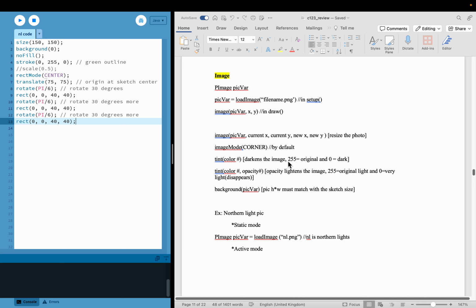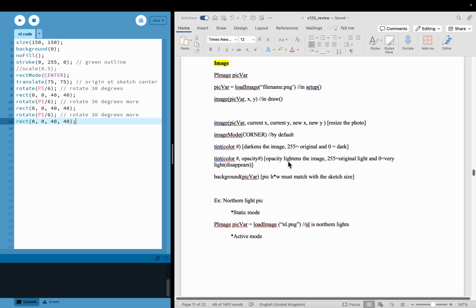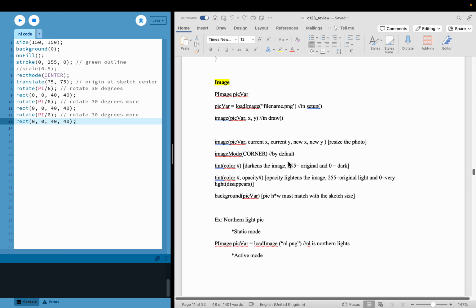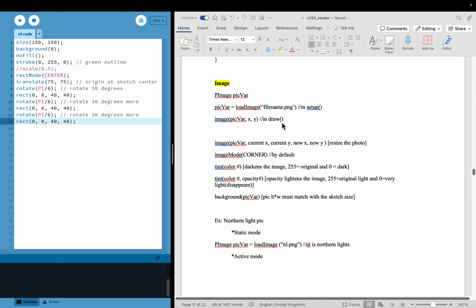Next, we have the image options. We can use any desired image and apply a few Photoshop skills to it using Java code. Here are the functions that are required for image options, and they are PImage, picture variable or picture identifier,